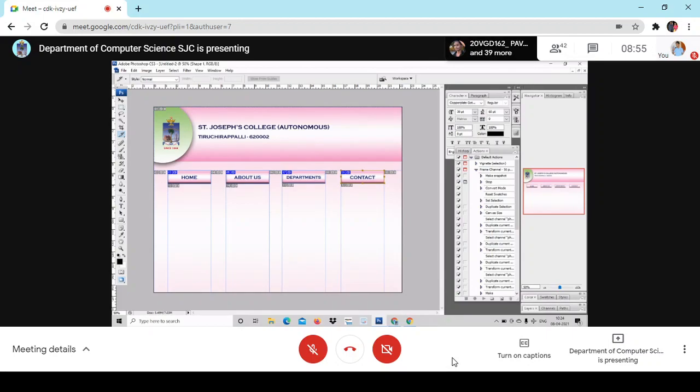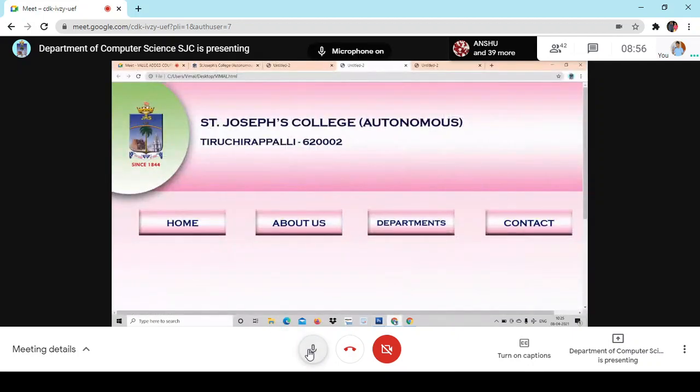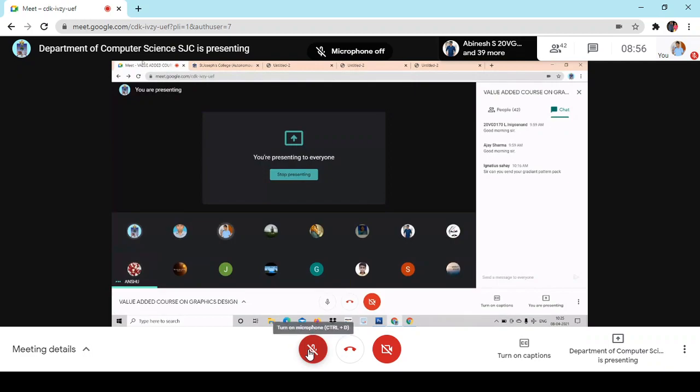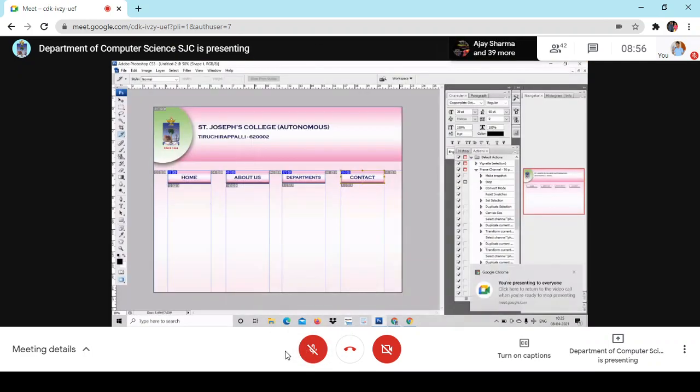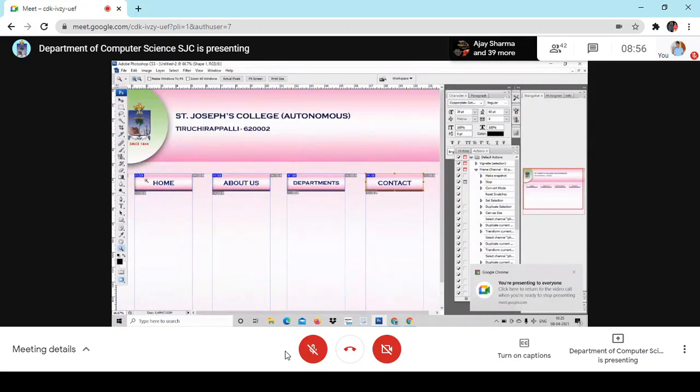Just look at this. What is the name of the image? Please tell me what is the name of the image. Am I audible? Yes, sir. Please respond. What is the name of this? Yeah. Home. 3, picture 3. And this is 5. This is 7. This is 9. Okay, I'm going to make this as a program.